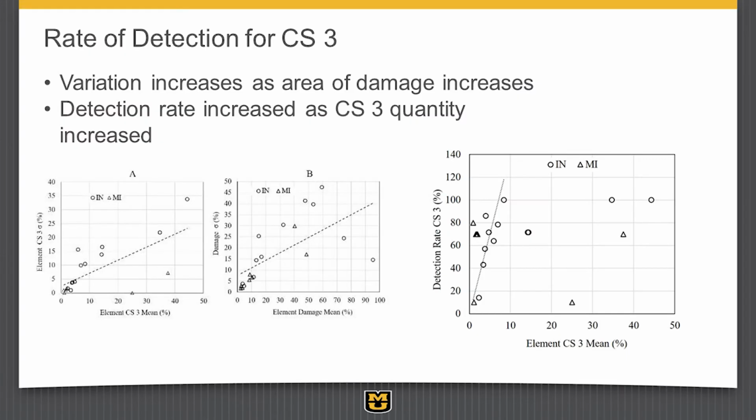On the good side, we did find that for condition state 3, and this graph on the right is a lot to take in, but what it says basically is that the rate at which someone would report a condition state 3 goes up as the amount of condition state 3 goes up, which is good, right? If you got on average 30% condition state 3, the likelihood the inspector is going to make some sort of report of condition state 3 is increased as compared to if it was, say, 10%. Okay, and so that's kind of a good thing.